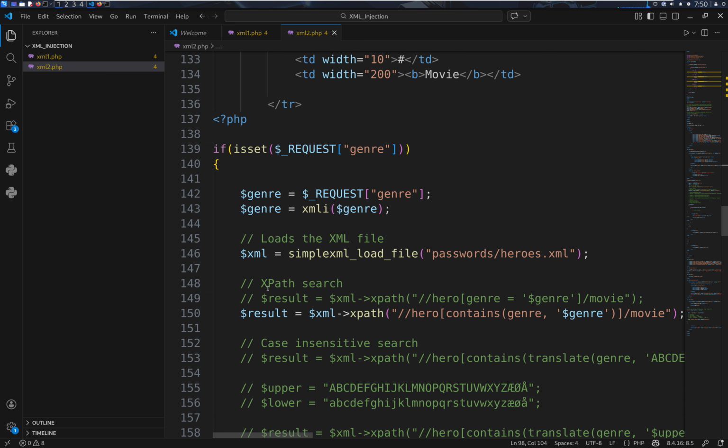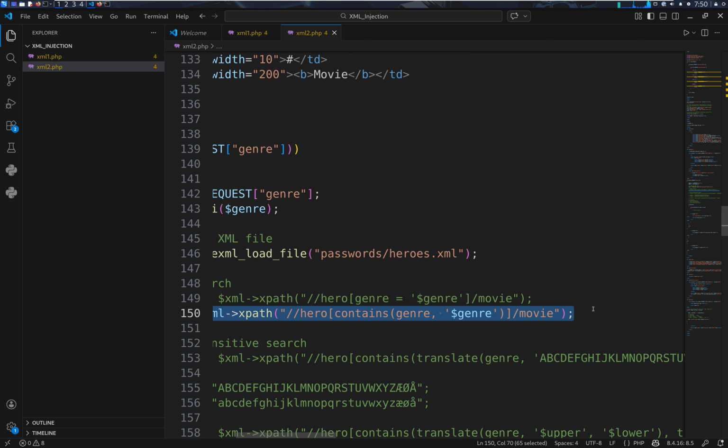is doing an XPath search, or search based on XPath. As I just said, XPath is one language. And this is the critical part of the entire code. And it's vulnerable because there is no check at this level. We can copy and